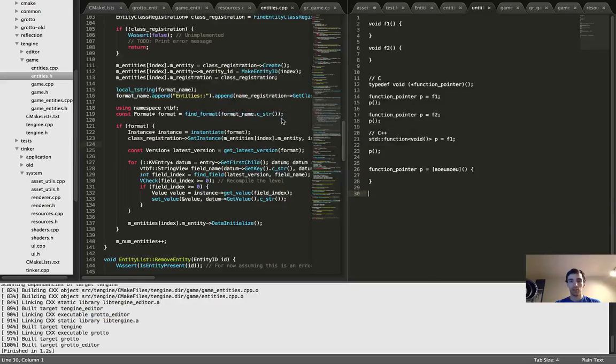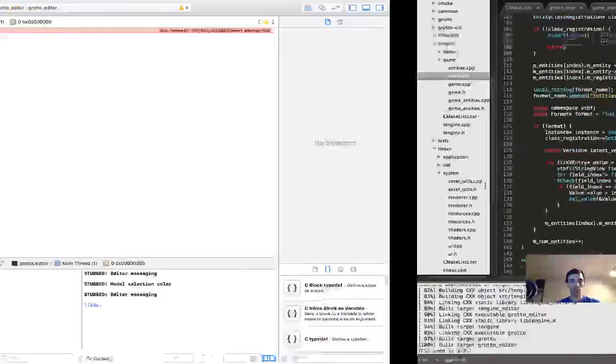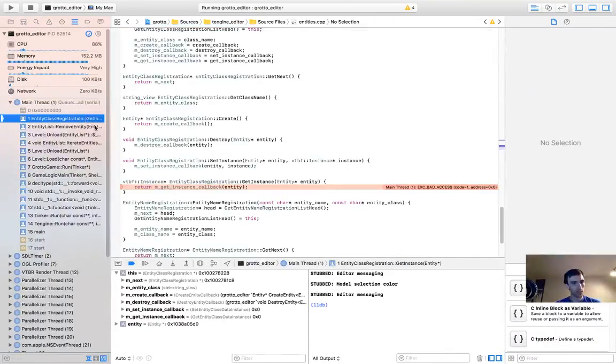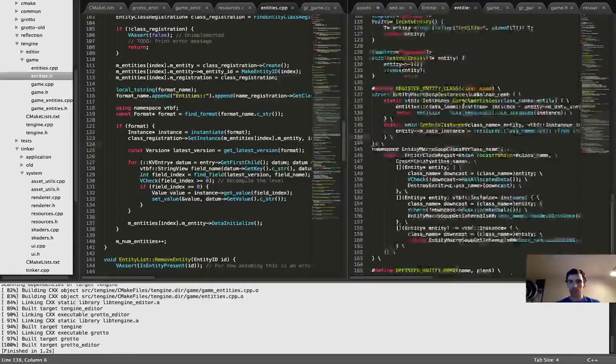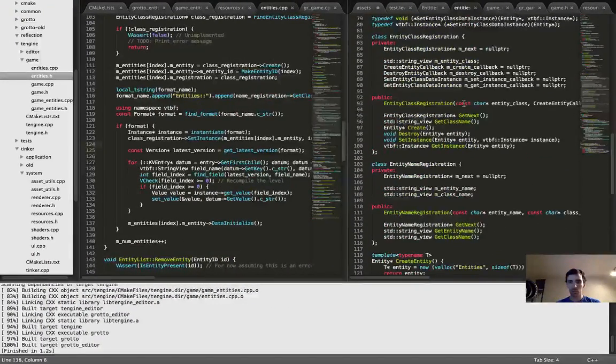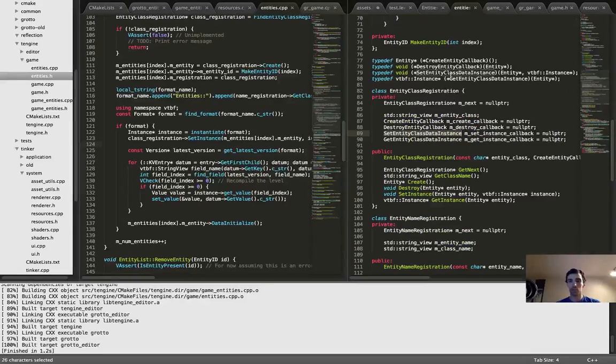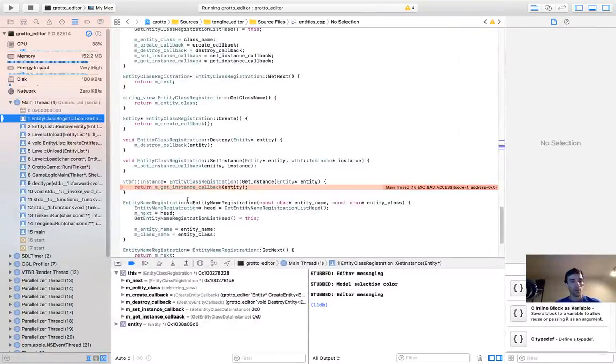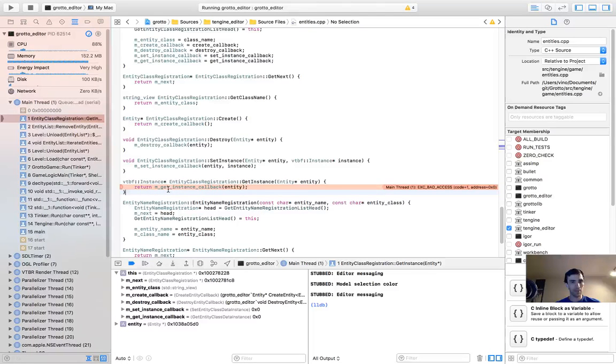So I have a little function pointer here. Actually, I think it's not even a function pointer. Is it a std::function? No, it's a function pointer. Okay, I didn't want to get fancy with the std::function. So I think what's happening is my function pointer is null. Yeah, right there. You see it. My function pointer is null, meaning that when it